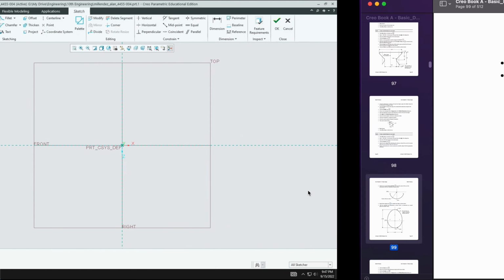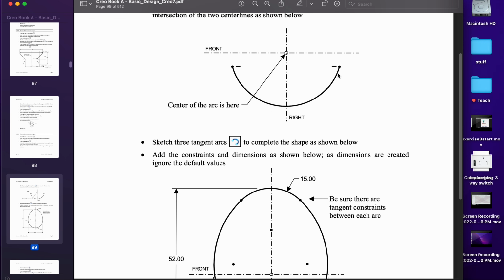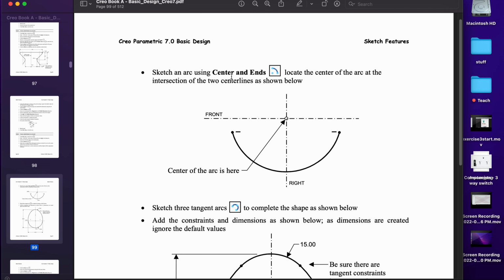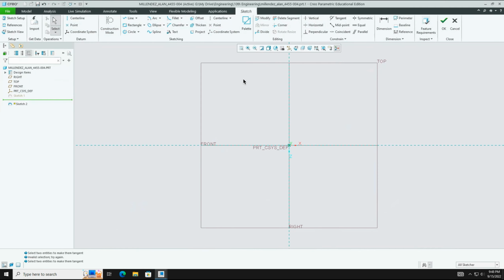Let's now create this egg looking shape. And to do this, we have to start with the bottom first over here using center end, and we're going to use an arc with a center end. So we simply go to the arc tool here and then click on this one, and then use the center ends,